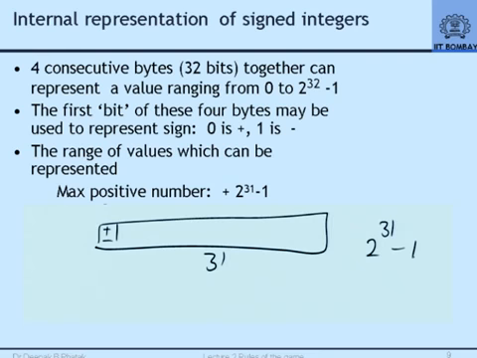The largest numerical value, positive or negative, that can be represented now will be plus this much and minus this much. There cannot be any value lower than this. That is why the range becomes plus 2 to the power 31 minus 1 to minus 2 to the power 31 minus 1. There is a dichotomy here. The total number of values that we can represent this way appear to be 1 less than the actual possibilities. Why does that happen?